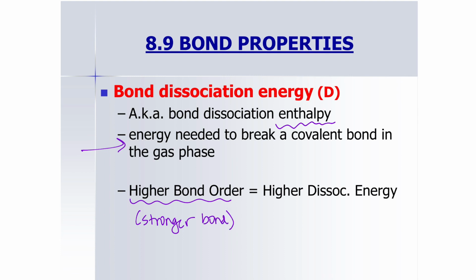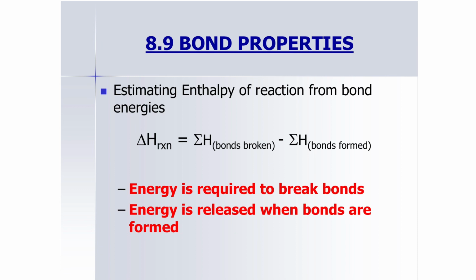And again, that makes sense, right? If it's a stronger bond, they're more strongly attracted to one another. We would need to put in more energy to break that attraction. Okay. Now, just like with our bond lengths, we can actually look these values up,